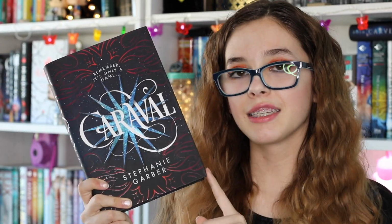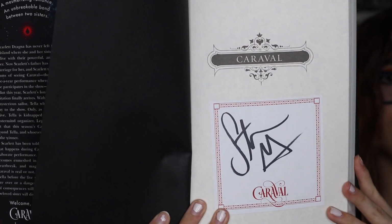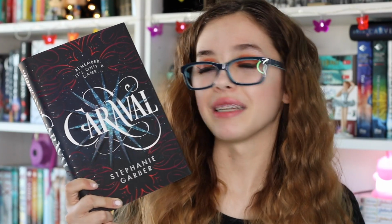Next, I have here Caraval by Stephanie Garber. This is the US edition. This came in the February 2017 Owl Crate box, and it came with a signed book plate. Next up is the newest signed book on my shelf, and that is The Upside of Unrequited by Becky Albertalli. This is another book that came in an Owl Crate box. It came in the April 2017 Head Over Heels themed box, and it came with a signed book plate